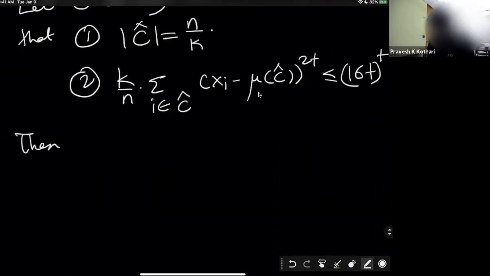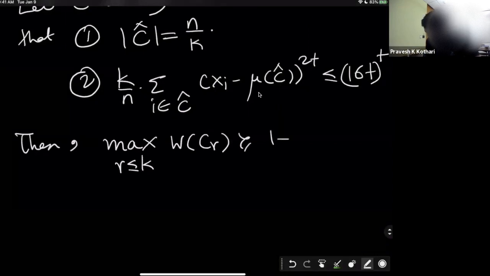Then, so now, I want to say what? Let's make sure that we formulate this correctly. We want to say that C hat is close to some true cluster. We want to say that if C hat passes the checks, then C hat must be close to one of the k different true clusters. So I'll write it as max over R at most k, the overlap with C_R is at least 1 minus delta, for delta